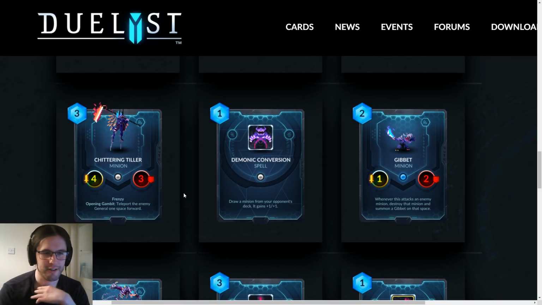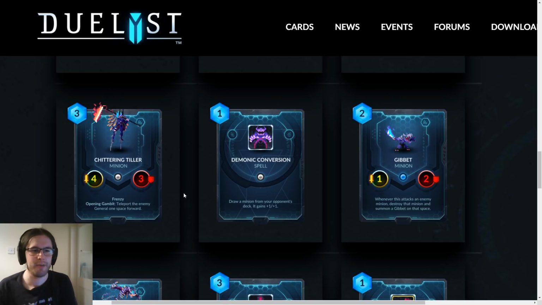Demonic Conversion. 1 mana spell. That's common. Draw a minion from your opponent's deck. It gets +1/+1. That's hilarious. So in terms of like filtering or troll value, if they're playing a combo deck that has very few minions, maybe that's funny because you can take away a key tool. Mostly, I think the odds of you drawing something great and taking away a win con are going to be similar to or worse than the odds of you drawing something crap and filtering their deck for them. But as a 1 mana spell that puts a buffed, undercosted minion in your hand,